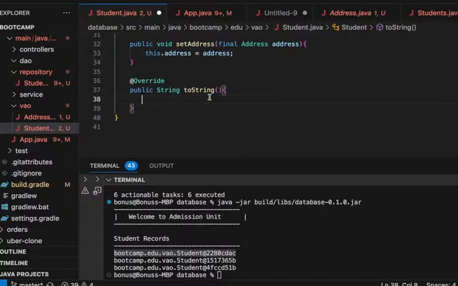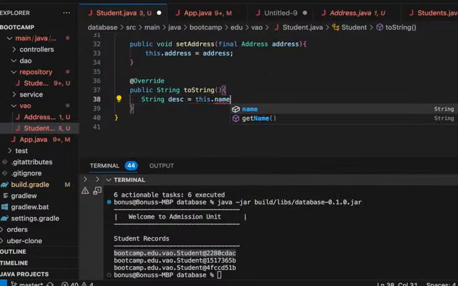So here in the toString method, let's modify it. I want you to write the student's name and the address. So what are we going to do for the student? Let's say string description equals this dot name for the student, plus, you can just do string concatenation, a space, address,